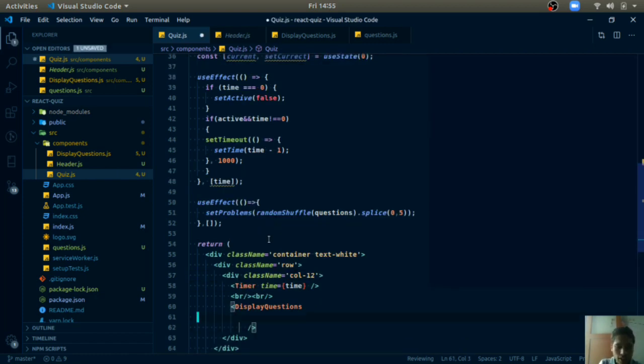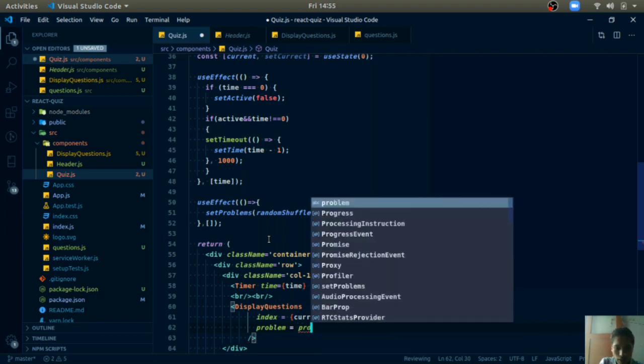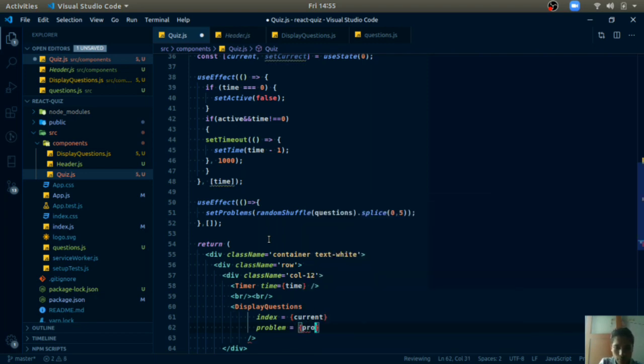The index will be current and the problem will be problems[current]. Just use curly braces because we are using variables.